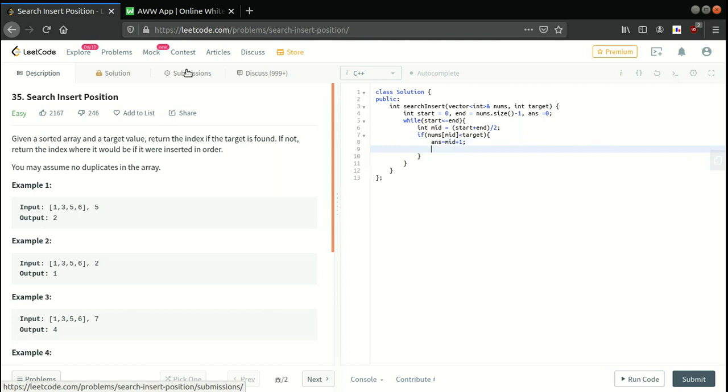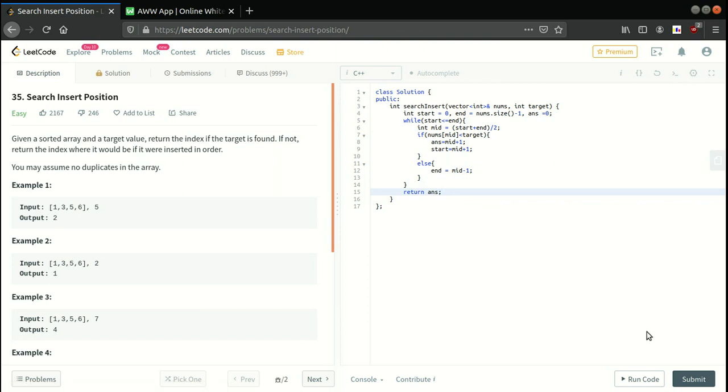We are going to update our answer, and we are going to update our start as mid plus 1. Else we don't have to update our answer, we just have to update our end, which will be mid minus 1. Okay, and at the end we have to return answer.